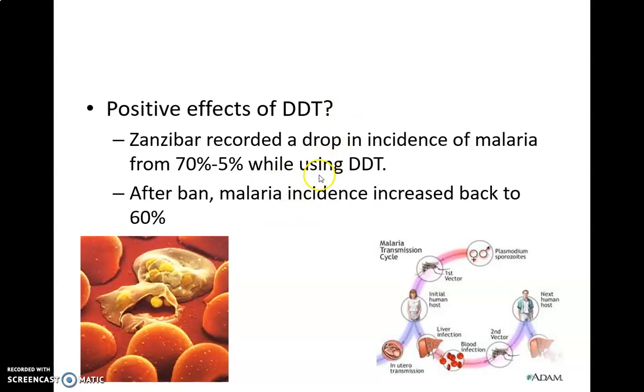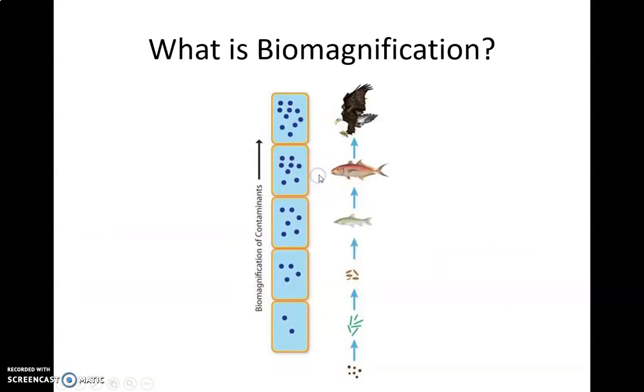So to understand that, what we need to understand is this term called biomagnification. And biomagnification is simply, if I use this diagram to explain this to you, if we have a chemical that we're using, which happens all the time, this chemical can get into the environment. If we use too much of it, then these chemicals can actually get into these organisms. Now, at the bottom of the food chain, it's really not a big deal. We've got just a few pieces of this chemical found in this organism here at the bottom of the food chain, or maybe here, and so it's not a big deal.